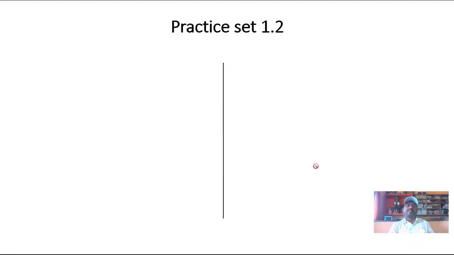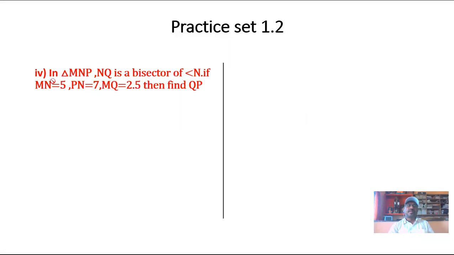Next problem. In triangle MNP, NQ is the bisector of angle N. If MN is equal to